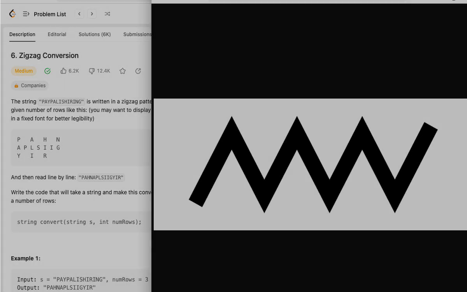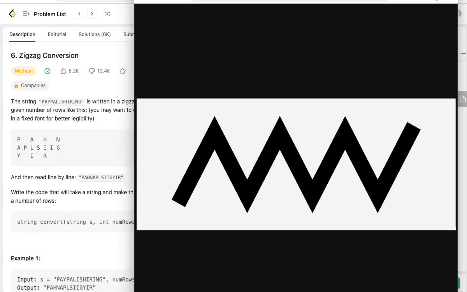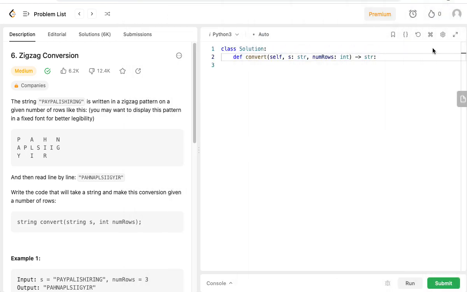Well, a zigzag is this. All right. So, what does it mean to convert a string into zigzag? Okay, that means if you have PayPal, a string PA is hiring like this. So if you've given a number of rows to convert it into a zigzag, what it means is if you've given 3, for example, you have pay,